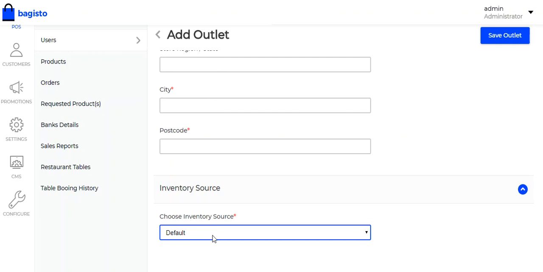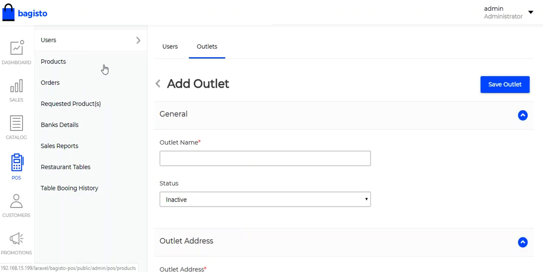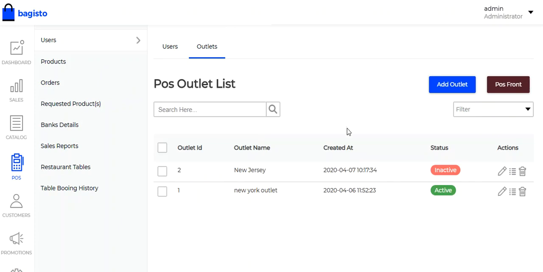Means the same inventory source cannot be there for two outlets. So there will be a single inventory source for each and every POS outlet. Now as we can see that the outlet has been created and is visible under the POS outlet list.